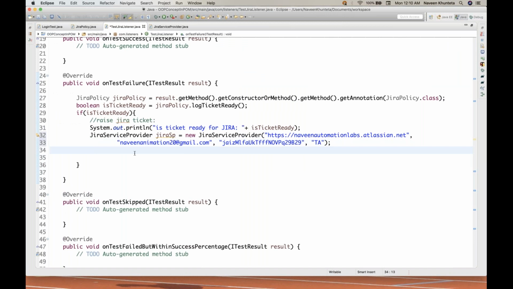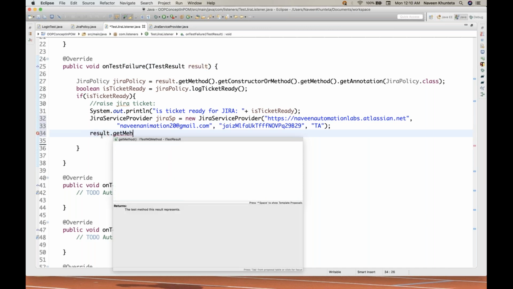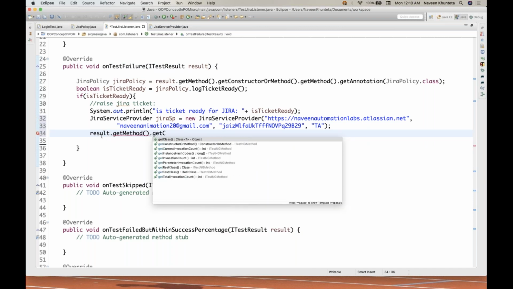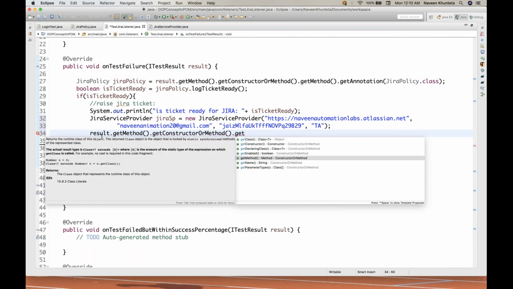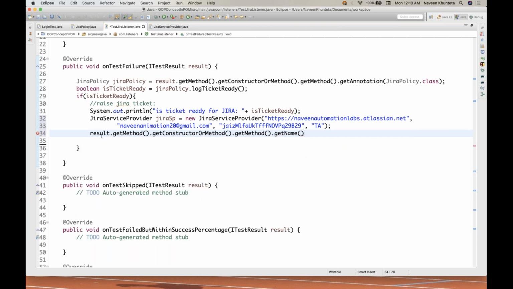After that, we have to capture the information about the failed test case. So how will you capture the information about the failed test case? With the help of this particular listener, whatever the ITestResult is there. So first, let's see, one test case got failed, one assertion error is there. Simply say result dot get method, then dot get constructor or method, dot get method, and simply dot get name of that particular method,